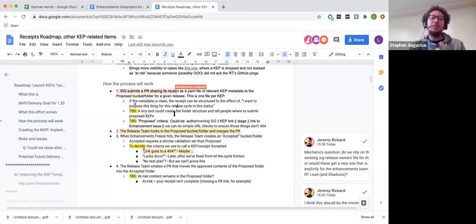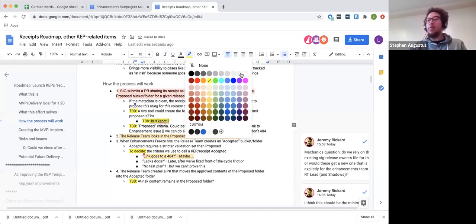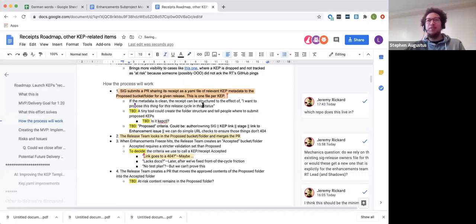So the first step is that someone, an enhancements lead or enhancements shadow, can run this tool to generate the appropriate directory structure for the receipts. The same way we have SIG release/release-1.20, it would be the same within the enhancements repo, or it could be in the SIG release repo, however we want to play it.